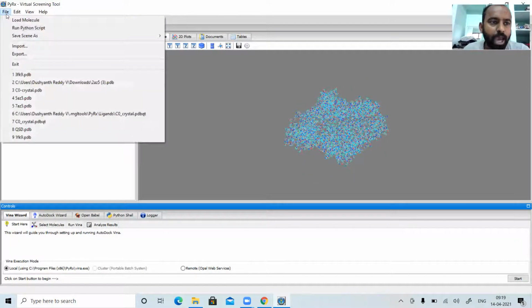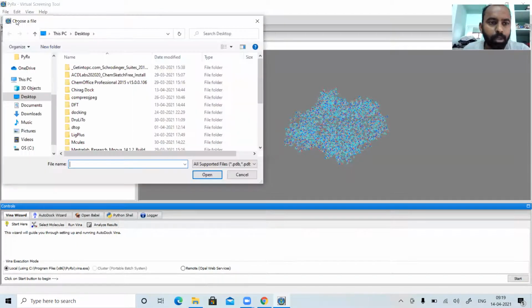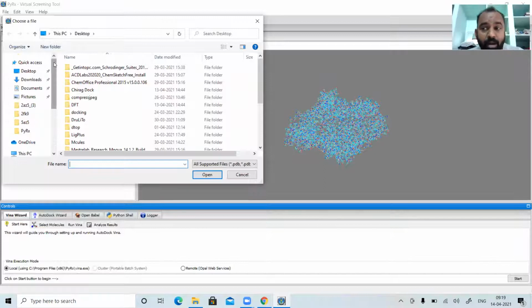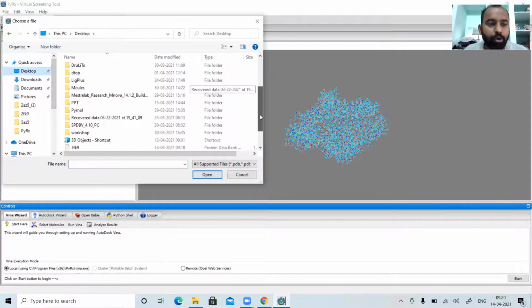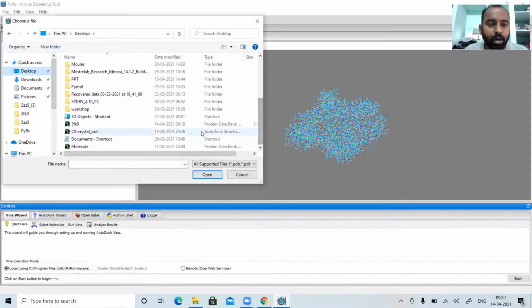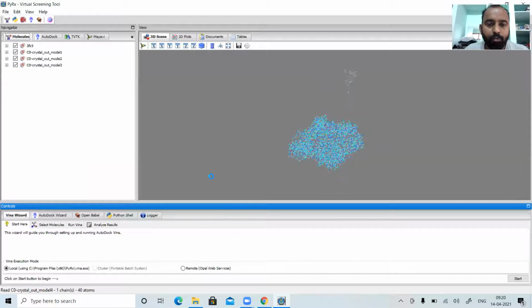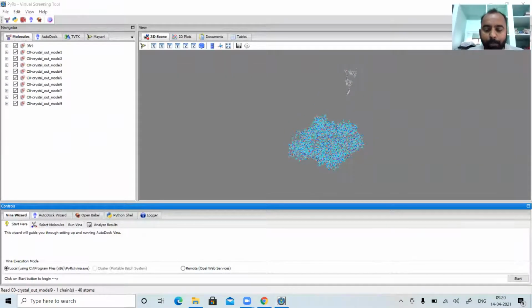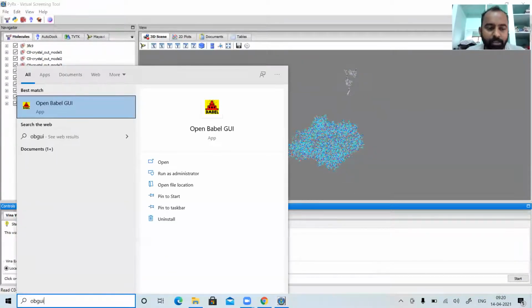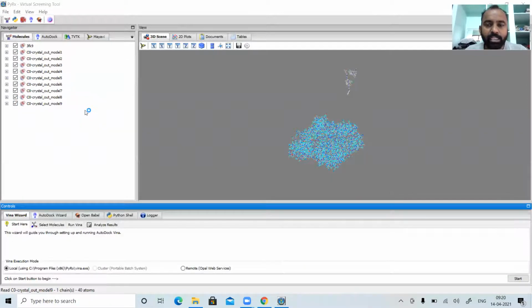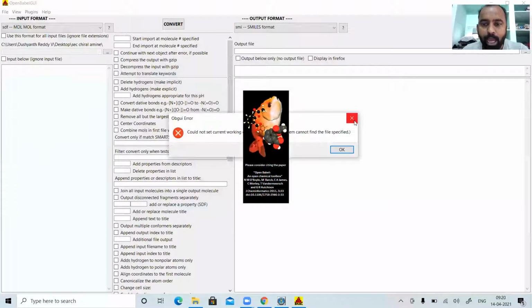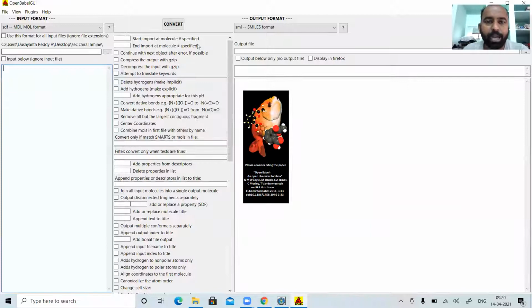Second is go to file, load molecule, take any of the ligand molecules that is in PDB format. Again, I am telling you how to convert to PDB format. You have to go to the other lectures of mine on structures, which I have already explained. For that, you need the OpenBabel graphical user interface, where you can select the ligand input and simply convert it into PDB format.